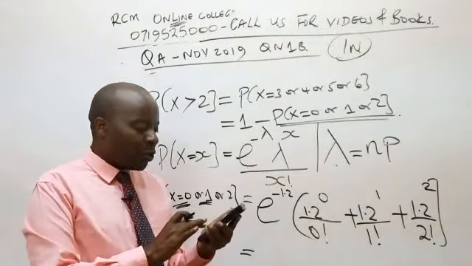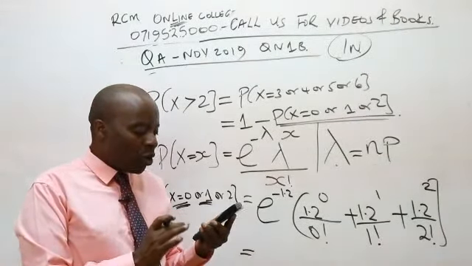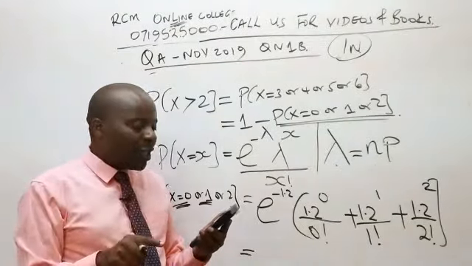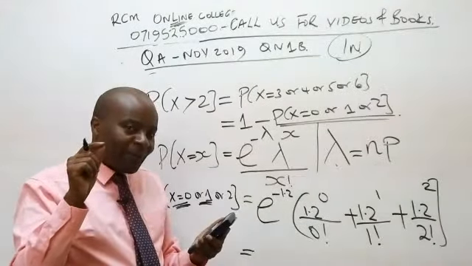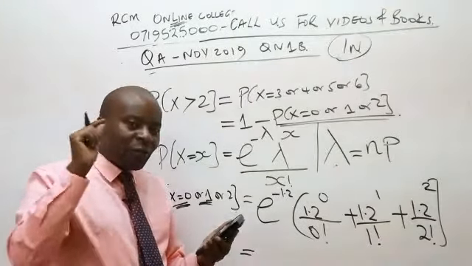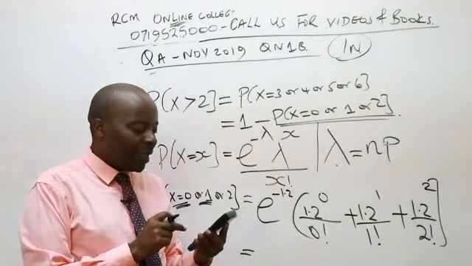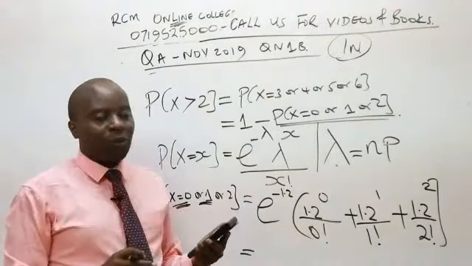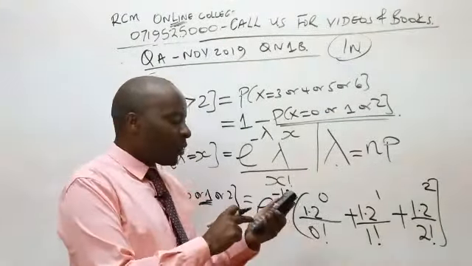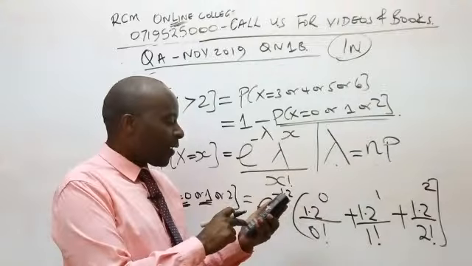We have 1.2 raised to power 0 divided by x factorial. Just beneath your shift, you'll be able to see x raised to minus 1, and on top of that you'll see x with an exclamation mark, factorial. So I'll press divide by 1, shift, factorial, because it is in yellow, I have to shift. Plus 1.2 raised to 1, divided by,